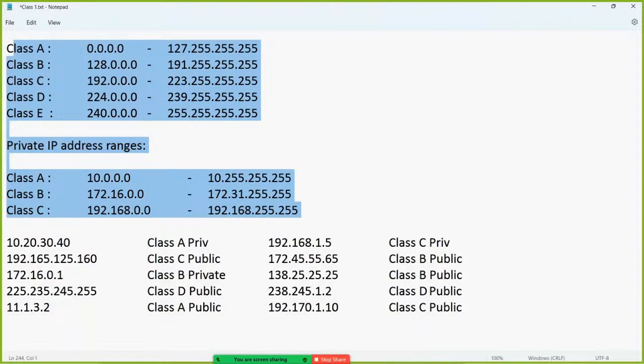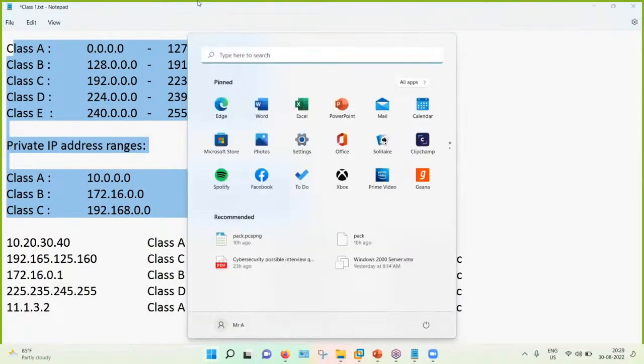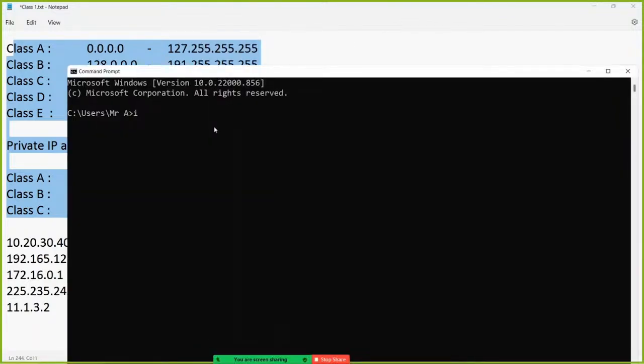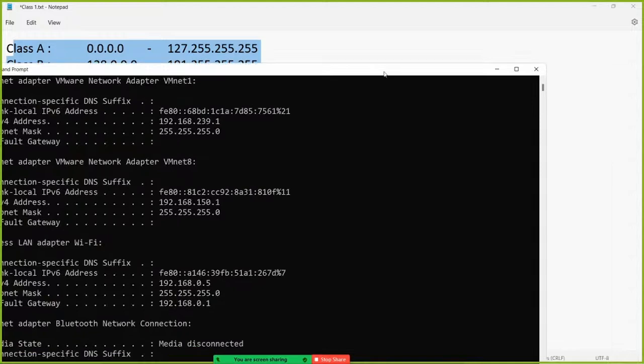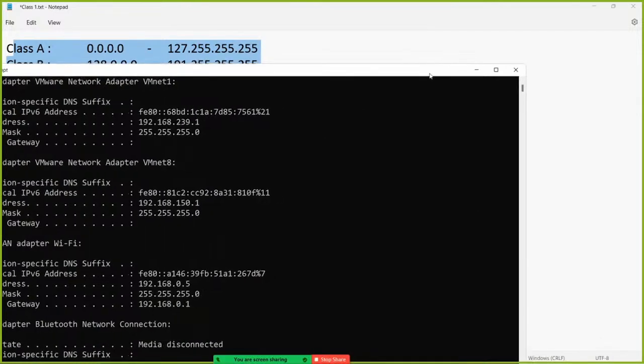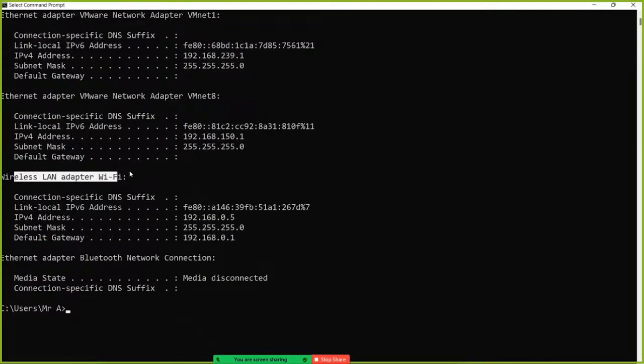Okay, but before that, one quick review. I've shown you how to see a public IP, but I've not shown you how to check a private IP. If you want to check your private IP, guys, you have to open up your command prompt, and in the command prompt, you have to search for the command ipconfig. This ipconfig command will give you the private IP. Right now, if you notice, I'm connected to my Wi-Fi network over here. For that Wi-Fi, I'll see the wireless interface, wireless LAN, and that shows me my private IP over here,